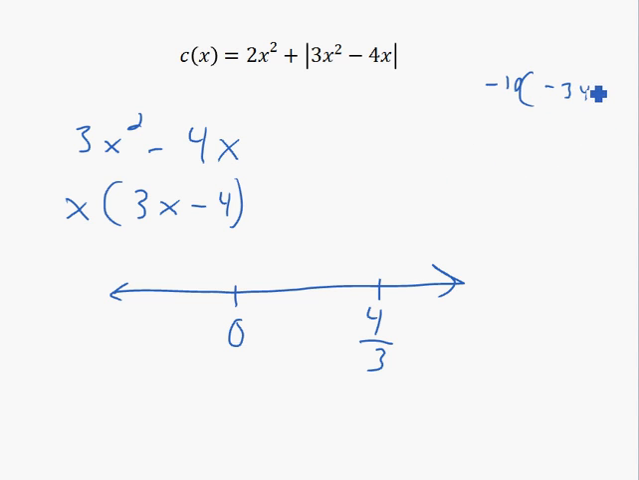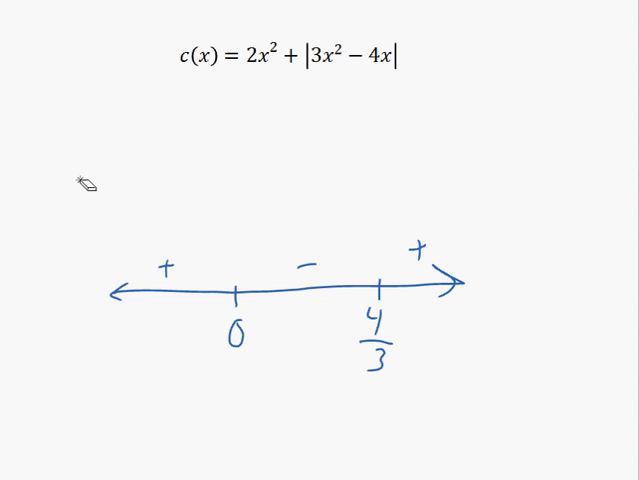And any number you choose back here, less than 0, is going to give you back a positive number when you plug it into this. If you plug in any number between 0 and 4/3, like 1 for instance, you're going to get 1 times negative 1, which is a negative number. And up here it's going to be positive. Plug in a number again, you check it out, but it happens. So, what that means is